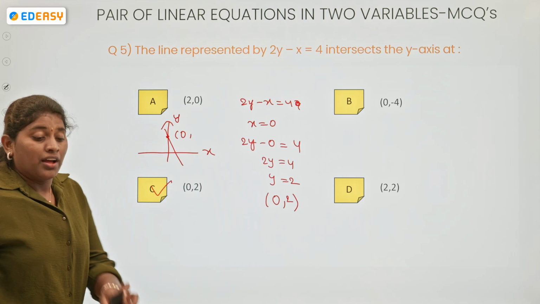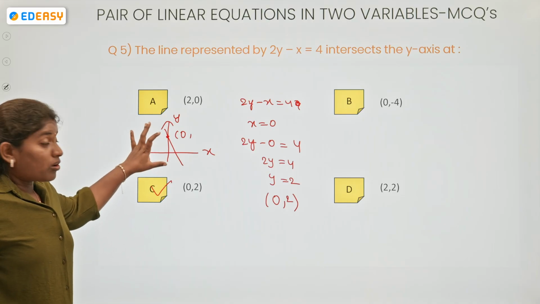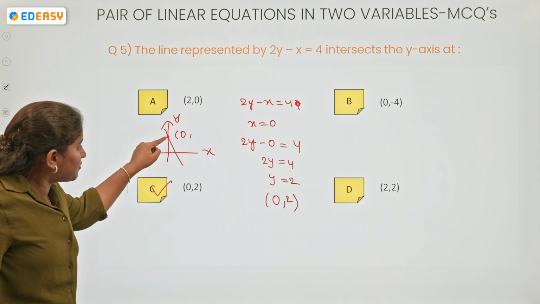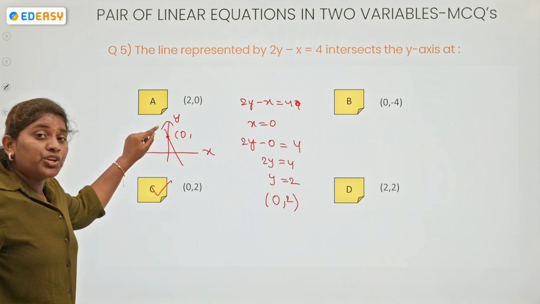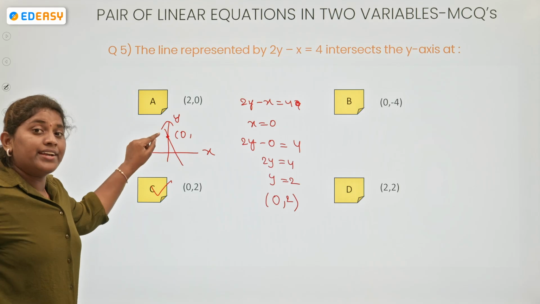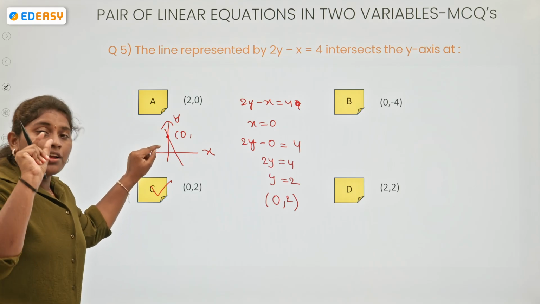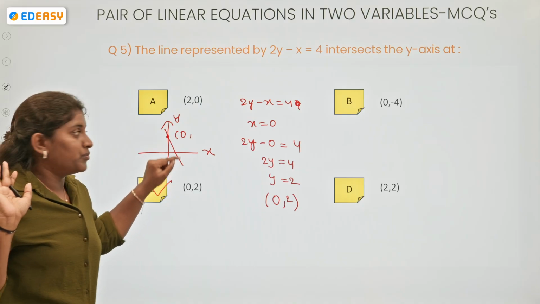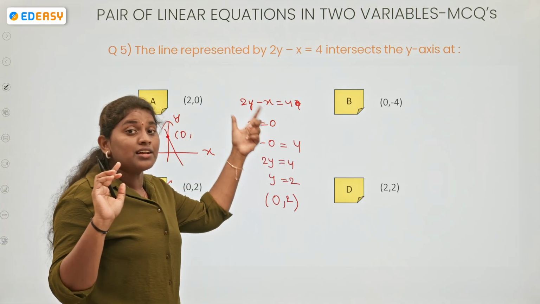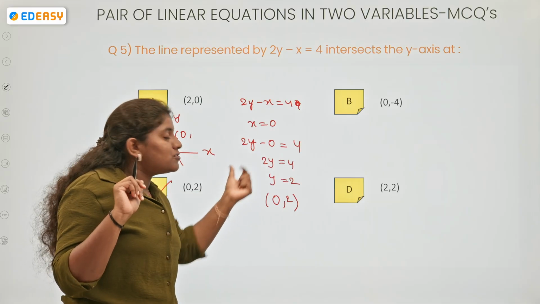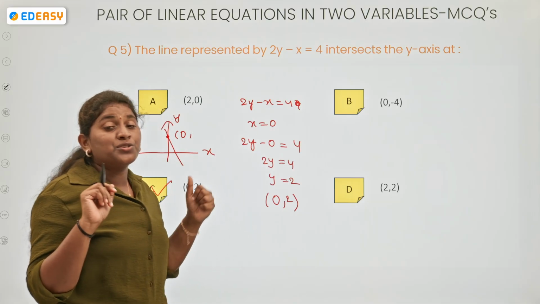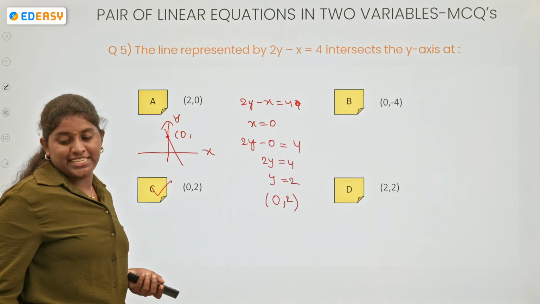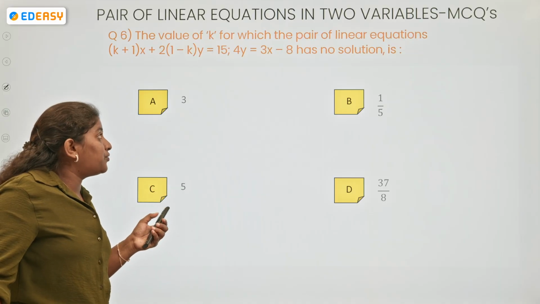So this is the concept that we already have in coordinate geometry. If you have a line intersecting the y-axis, it is going to meet your y-axis at a point. For a point on your y-axis the x coordinate is 0. So we take our x value as 0. After taking the x value 0 we will get the y value. So the required point will become 0 comma 2. Understood? Yes. Nice. Now moving to the next.